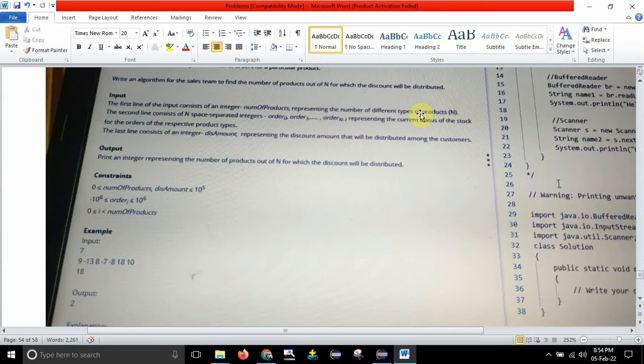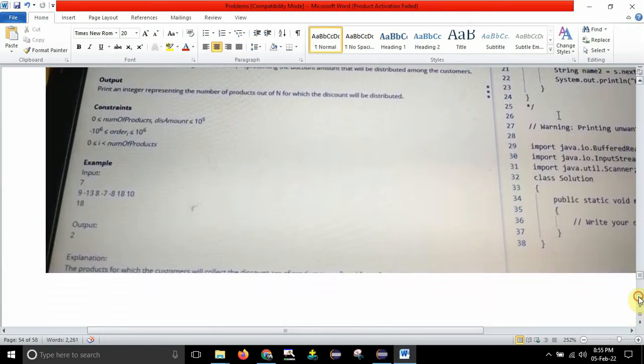The last line consists of an integer, the discount amount, representing the discount amount that will be distributed among the customers. So your task is to print an integer representing the number of products out of n for which the discount will be distributed. It is fairly simple guys. What you just want to do is, they will be giving you input like this: input is 7.